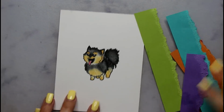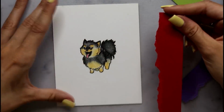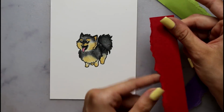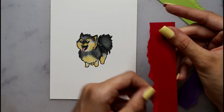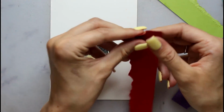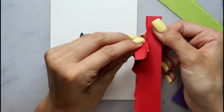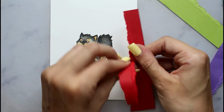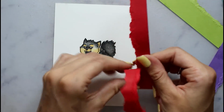So this is a technique I thought a lot of people could get behind because it's literally just ripping paper. So as you can see, there's already a nice little, I wouldn't say design, but there's a nice little texture right here that you get by pulling the paper towards you. And it creates that on the other side, as you can see. So I'm just going to pull this and do a couple strips,